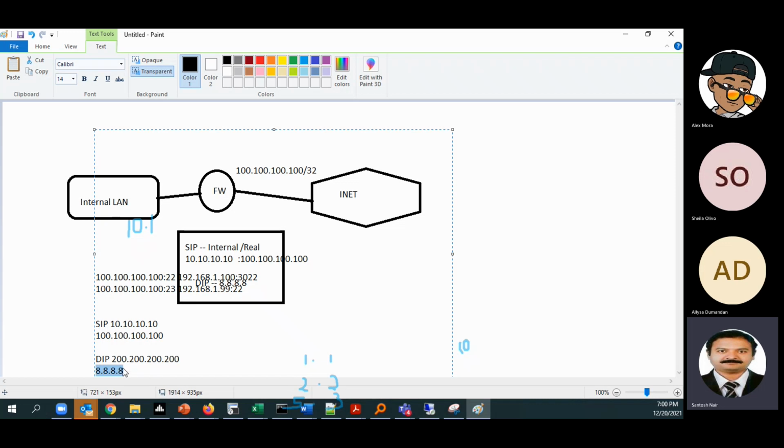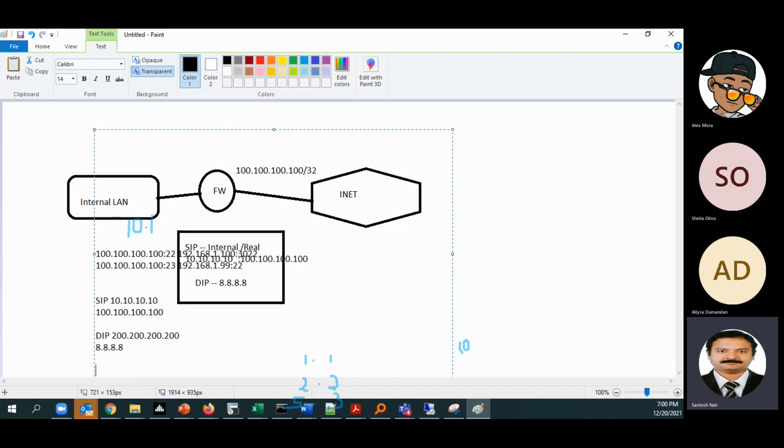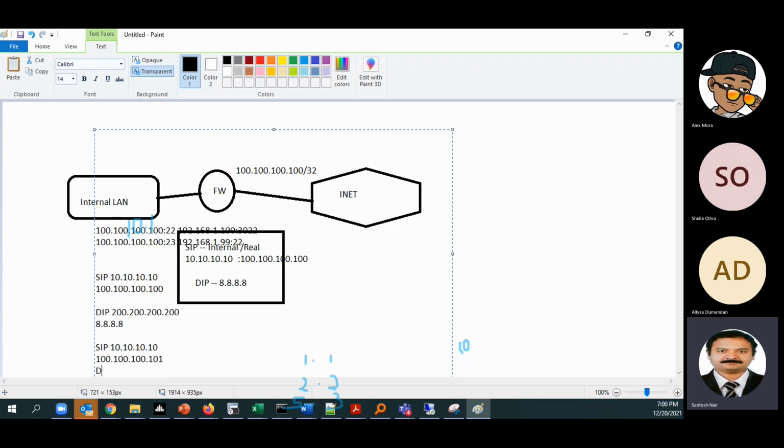That is one thing. Twice NAT is very flexible. We can do a lot of permutation and combination. Suppose we want to translate only when the destination is towards the client. For example, the same IP address 10.10.10.10 has to be translated to 100.100.100.101 when the destination IP address is 4.4.4.4.